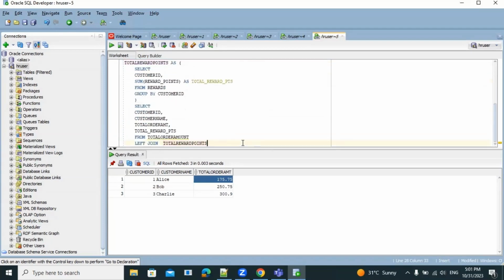So left join total reward points on... What is common between these? Customer ID, right? So let's give them alias names. I will give total reward points as R, and I will give total order amount as T. So I will use R dot customer ID equal to T dot customer ID, and I will use a semicolon. Now if you run this query,